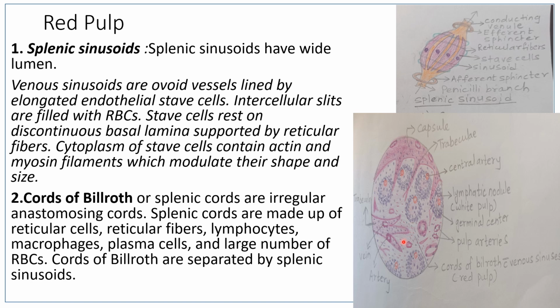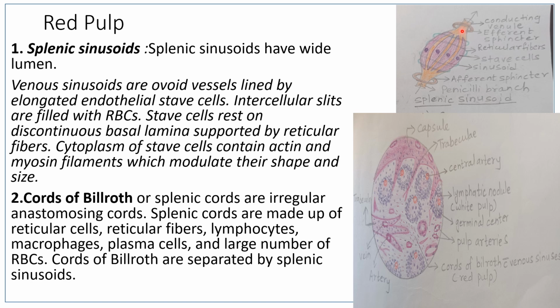So the parenchyma of spleen is formed by white pulp and red pulp. Red pulp forms major part of the parenchyma and it has two components. So there are cords of Billroth formed by the lymphocytes and there are splenic sinusoids. So the splenic sinusoids, this figure is of splenic sinusoids. They have wider or larger lumen compared to the capillaries, and these splenic sinusoids, the orange color structure is the sinusoid,